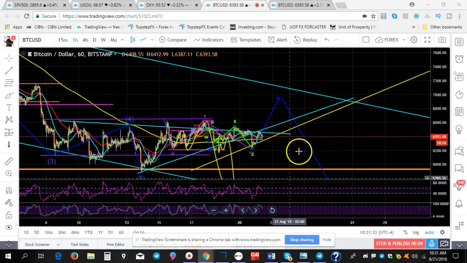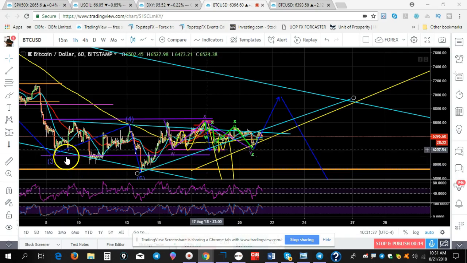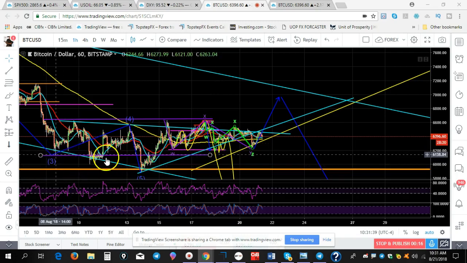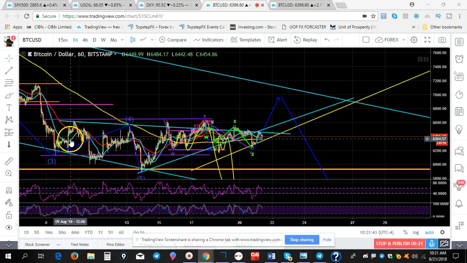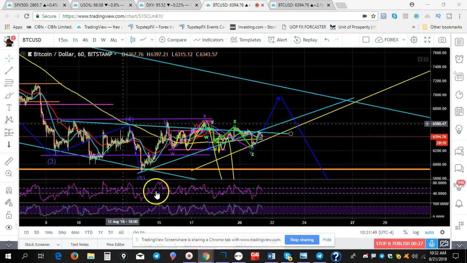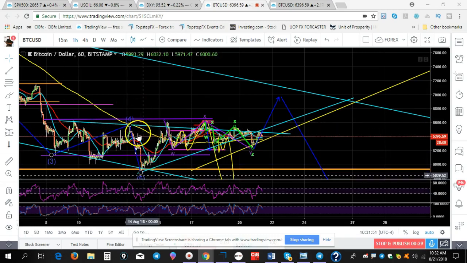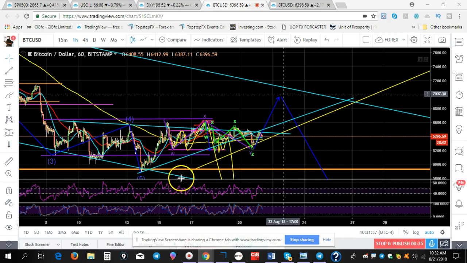Okay, so initially I forecasted that we may potentially be getting a flat pattern or a diagonal pattern here. I later showed you guys that we got a 5 wave move down. So this is 1, 2, 3, which is a flat, and this is the 5th wave, which is a short wave. And then we were getting a 3 wave correction to the upside potentially, and there was still a possibility